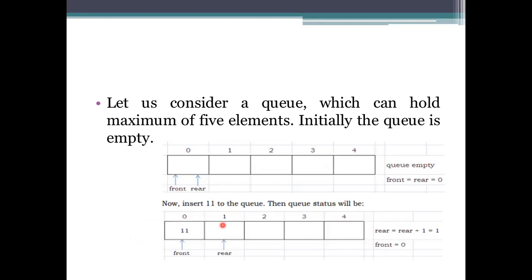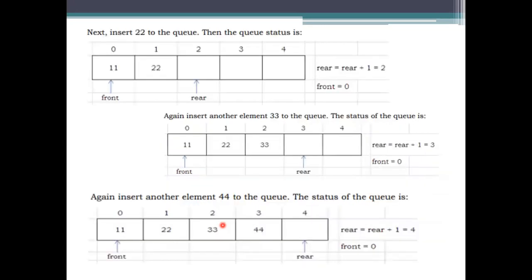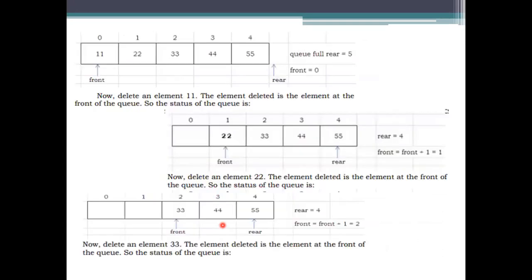So that's what it is doing: it is specifying that the rear element could be at the subscript of 1, which is used for the next insertion. Whereas coming to dequeuing, it is deleting the 11, that is the first element, and then it updates the front value to specify that the next value to be deleted could be this one. So likewise, we are specifying these values so that they follow such representations,